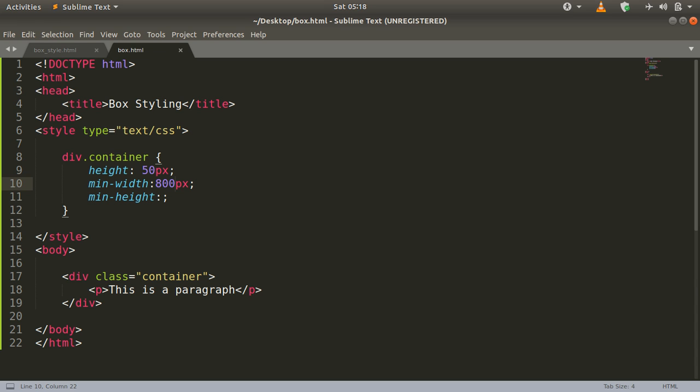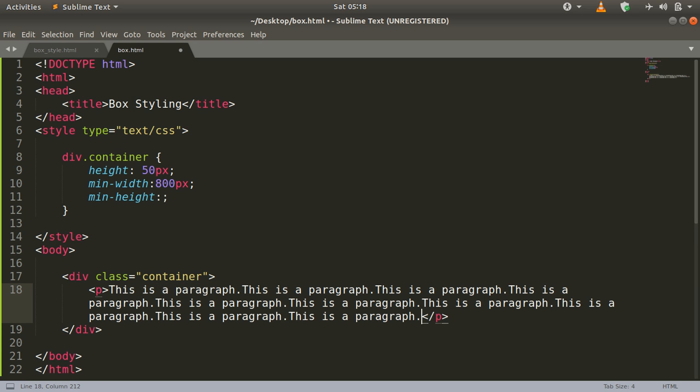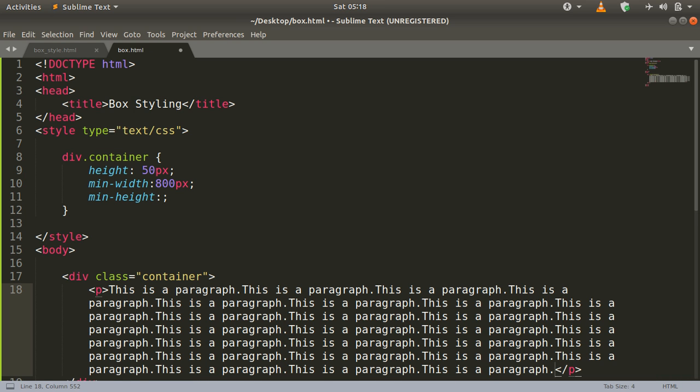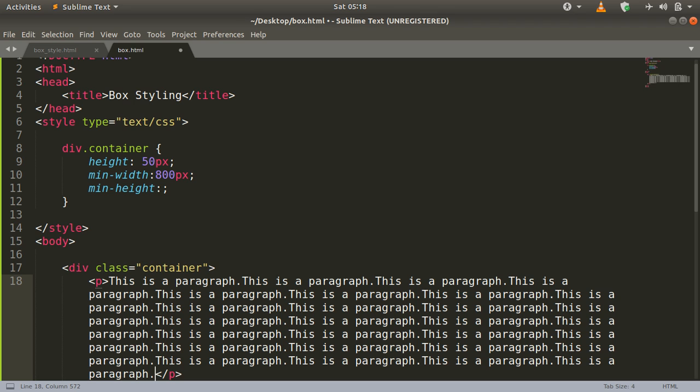The next property which we are going to discuss here is the overflow property. So let us use this paragraph only, and say we are just adding the contents here in order to see the overflow property. What it does is, if the content inside your box is more than the default sizing of the box, then it is going to add a scroll bar, or either hide the contents or show the content with the help of a scroll bar.